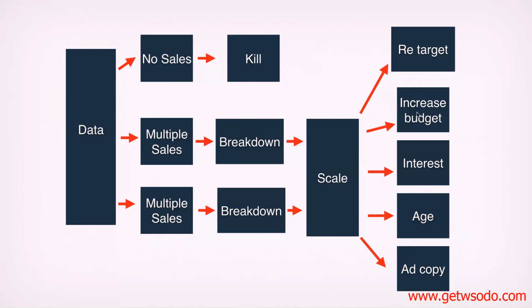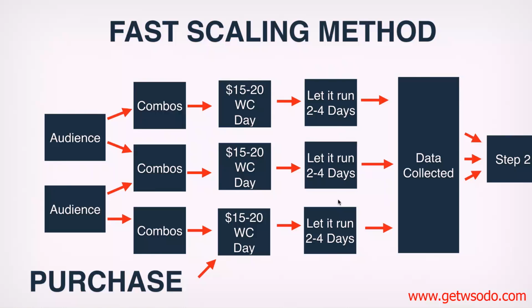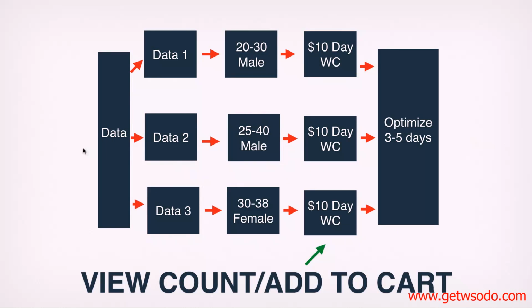I'm going to start increasing budgets. I'm going to start targeting different interests. I'm going to start targeting different ages, and we're going to start doing different ad copies. But I'm doing all this at the point of day 3 or 4, when back in the other method I showed you, I'm doing that stuff after